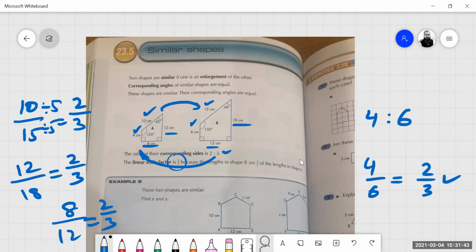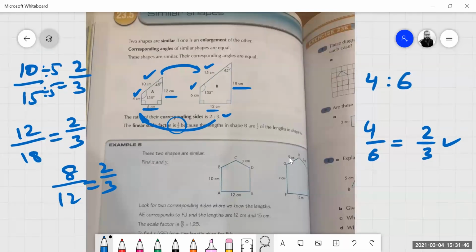I didn't understand, sir. We are comparing 12 and 18. If we compare 18 over 12, what will be the simplest ratio? Only like this, put them 3 over 2, the opposite. If we compare from A to B, 2 over 3. If we compare from B to A, that will be the opposite, 3 over 2.